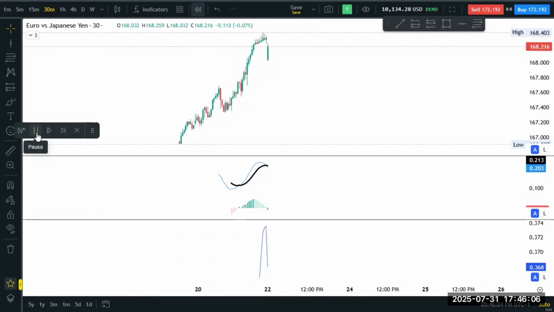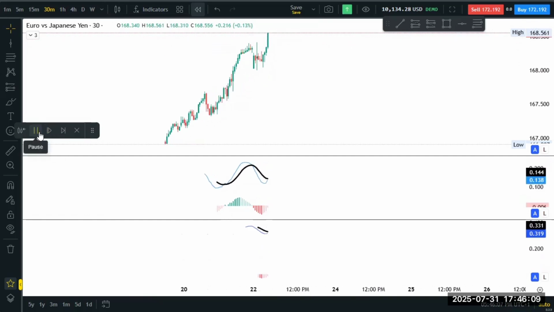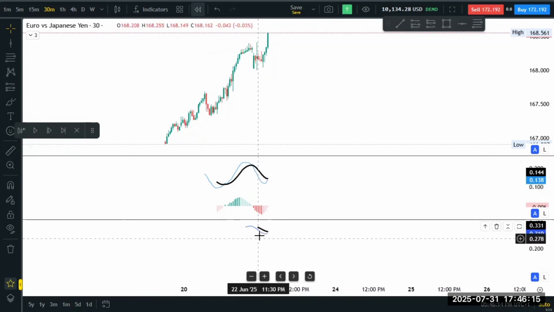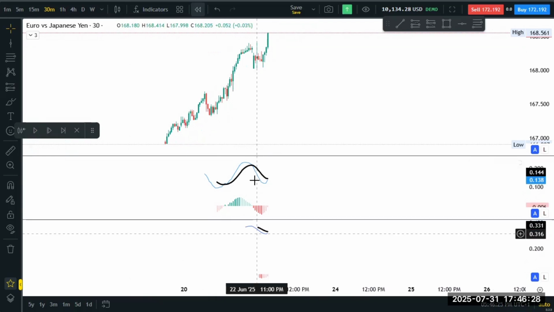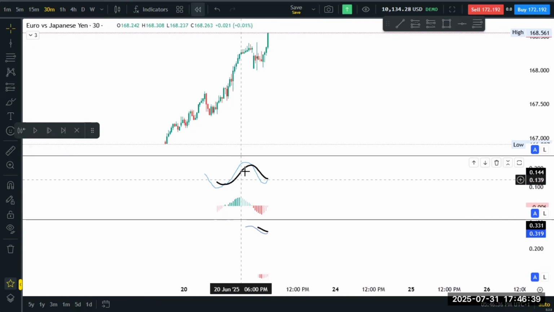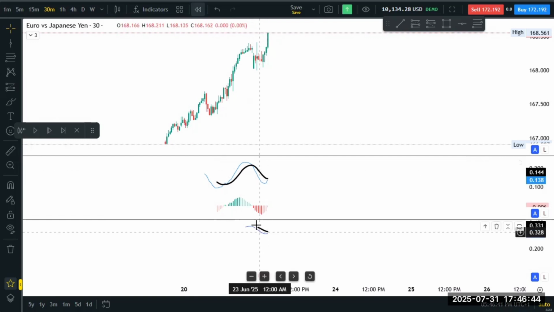So we have started, and our MACDs have started forming. The first one on top is the one that tells us of micro trends happening just recently, whereas the second MACD below tells us of macro trends. So the second one is for longer trends, whereas the first one at the top is for shorter trends, and we are going to use the two. Now we need the two to all line up. What I mean by that is, for a short, we will take a short trade anytime that the black line that you are seeing, known as the signal line,